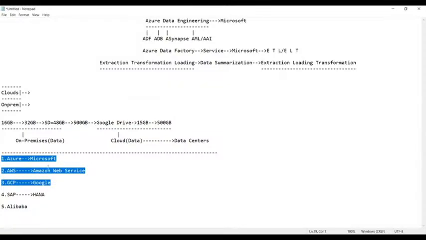Amazon was number one before. Now it has come down to the second position, and you can say even to the third position. Why? Amazon is more costly. The job you do here may require 100 rupees, while the same service is provided by Azure for 15 rupees.